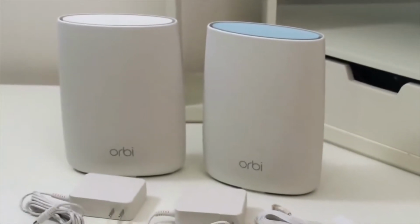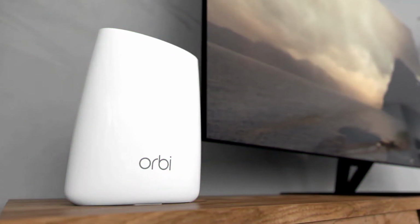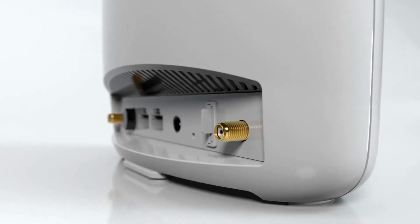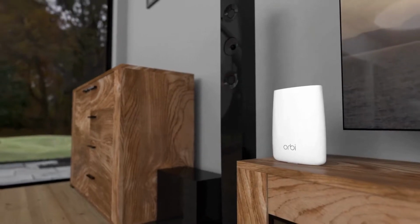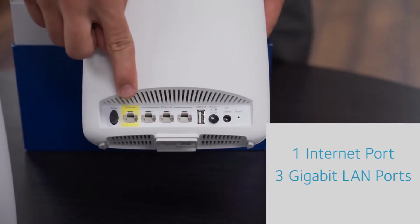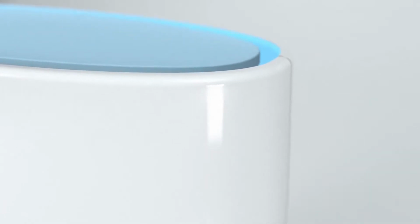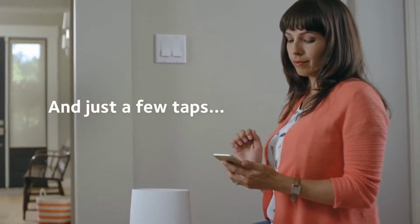Design-wise, while it's referred to as a single product, Netgear Orbi is technically comprised of 2 parts, the Orbi router and the Orbi satellite. Both 1.96-pound or 889-gram devices are nearly identical, adorable pylons of white matte plastic. Their only differences lie in which ports are included in which unit and the router sporting a blue top versus the satellite's pure white. After pressing the sync button on each, the 2 devices will begin to communicate, and that's